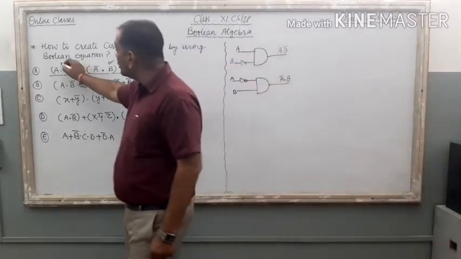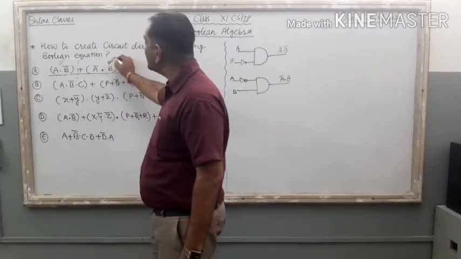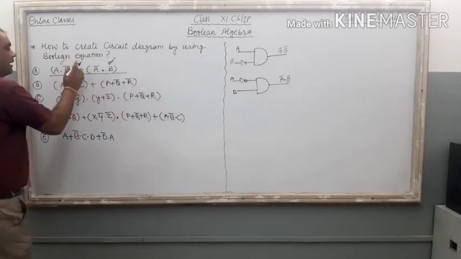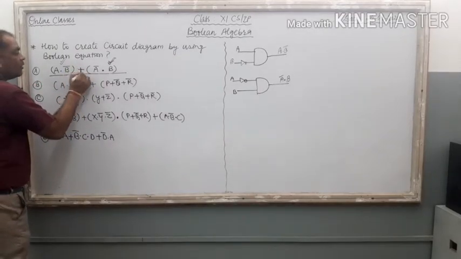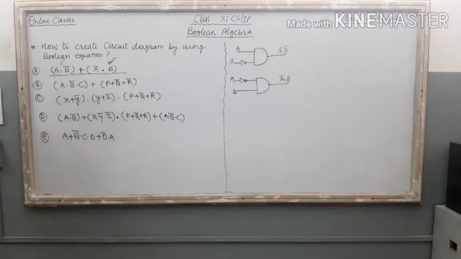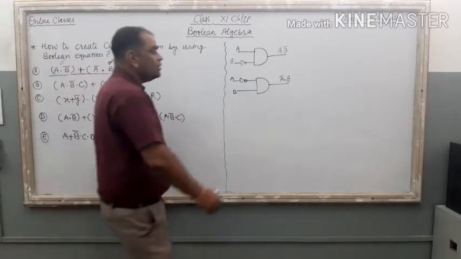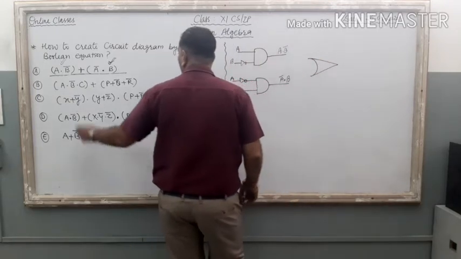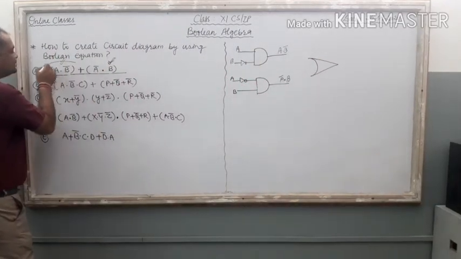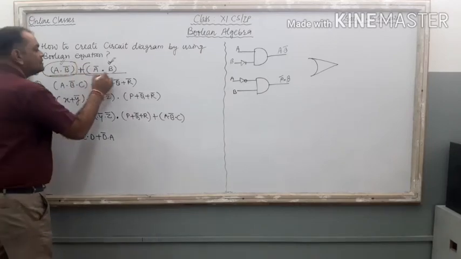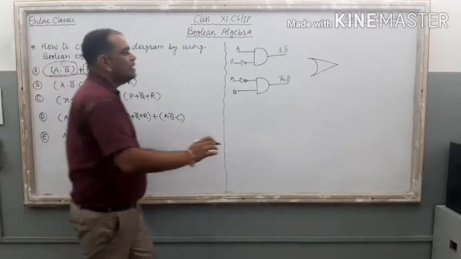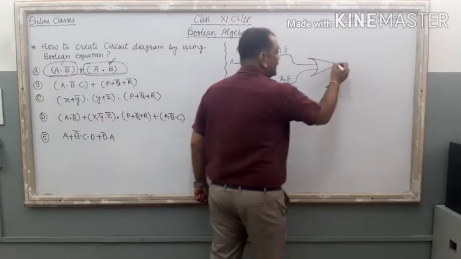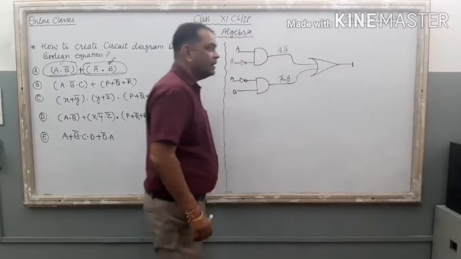We have drawn the circuit diagram of this one. Now, which particular gate is there in this central format? It is plus. Plus means what? Plus means OR gate. So just draw the OR gate like this one. The first input signal of this OR gate is this one, and the second input signal is this one. Means you just supply the output lines of these two different gates to the OR gate like this one here.